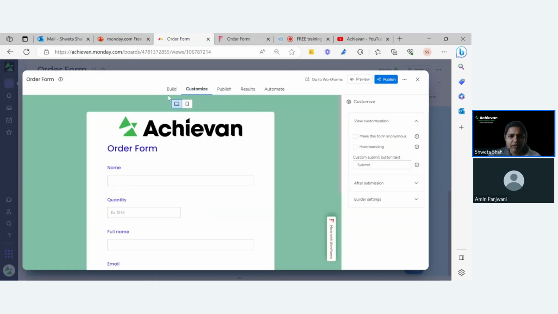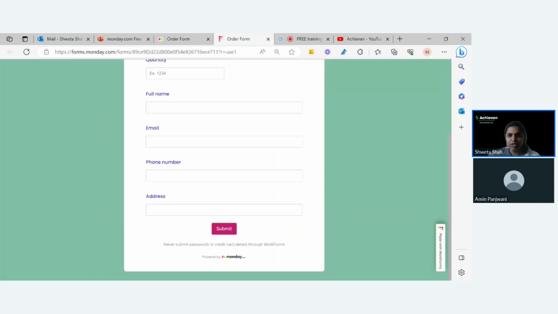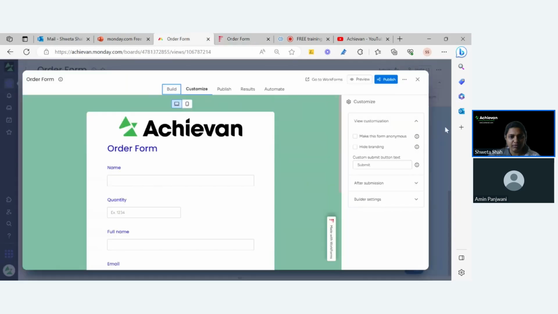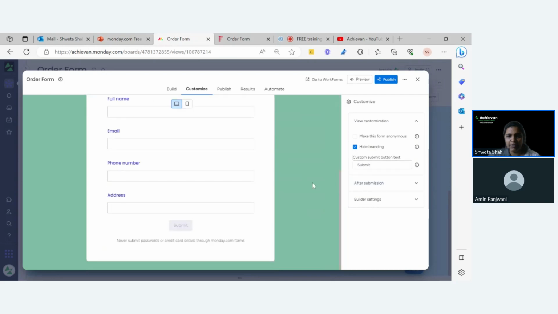Now I wanted to show you further customization, like making this form anonymous. That means we won't know who has submitted this form. Or you see in this form we have this branding, right? So you can hide the branding. Also, this submit button, by default this is always submit, right? But you can change this